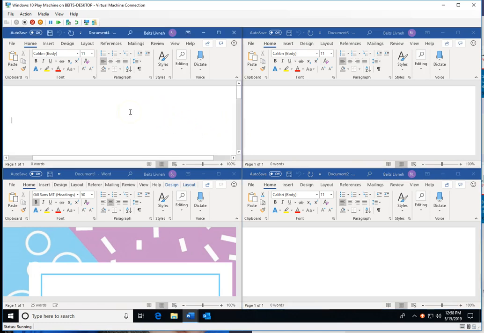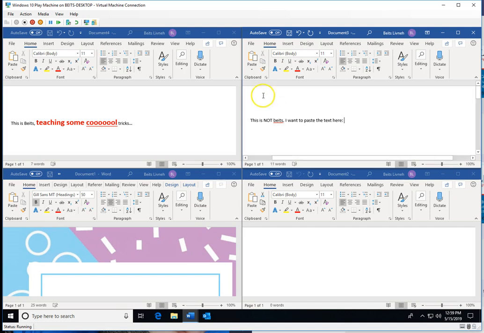Another cool thing that people tend to not know, or they just ignore, is if you're creating a text over here, for example, this is Bates teaching some cool tricks. So now let's assume that you have this marked in red and bold, and we're going to make it bigger text. This is not Bates. I want to paste the text here. So now let's say you want to paste the text teaching some cool. I can double click and drag or